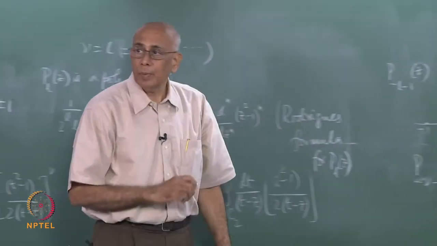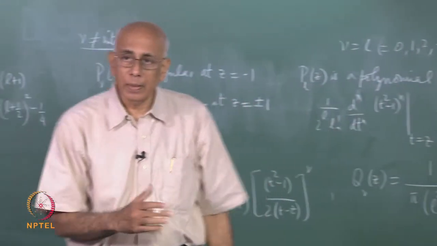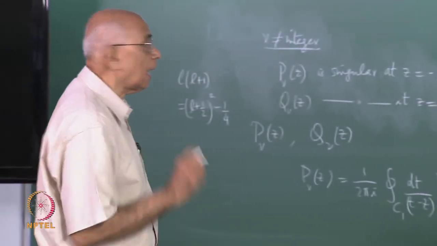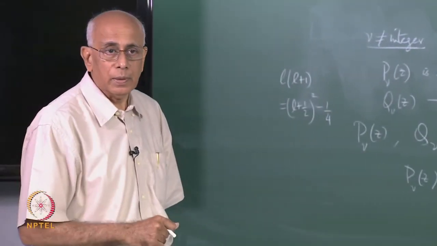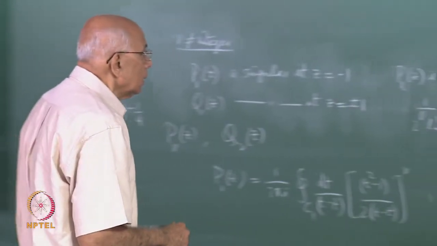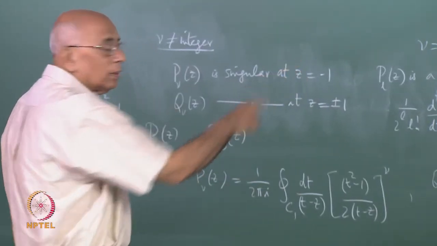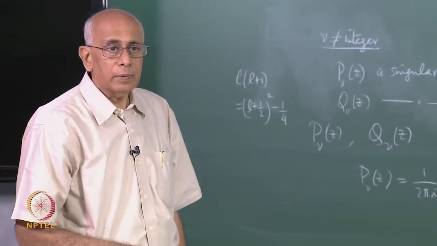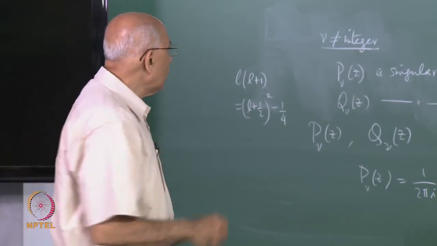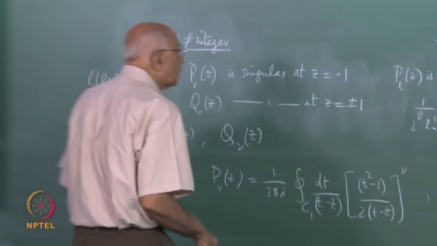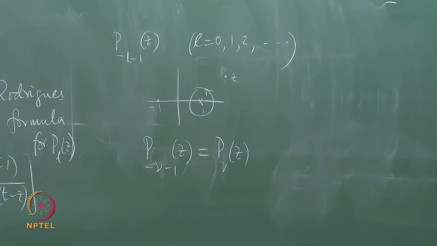For arbitrary complex nu, this P, the Legendre function of the first kind, has this symmetry property. But we see again that P minus L minus 1 is also a polynomial. Okay. What about Q? So let us look at what Q does, and Q is sitting there,